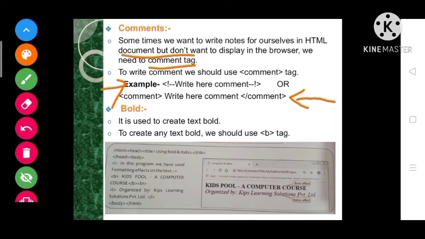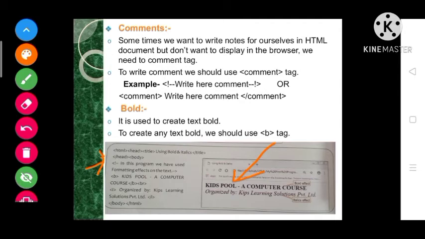And the bold tag is used to make your text bold. So if you want, you can use it by following the given example. In this one, see, these lines are written in the form of a comment and they are not displayed in the output, meaning whatever comment section we write will not be displayed in the output, it is only for notes.